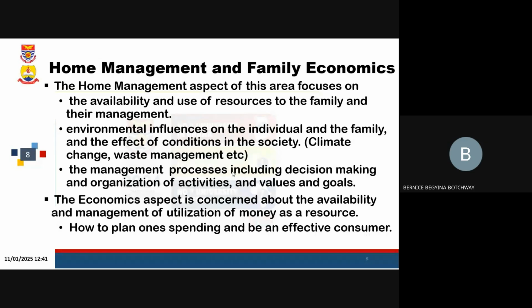Okay, you go through how to take a decision. Okay, the steps that you can follow to make an effective decision. Okay, how you can organize the activities to make sure that you don't exert a lot of energy in performing activities. You learn about things, how to value things, how to prioritize your goals, how to separate your needs from your wants.